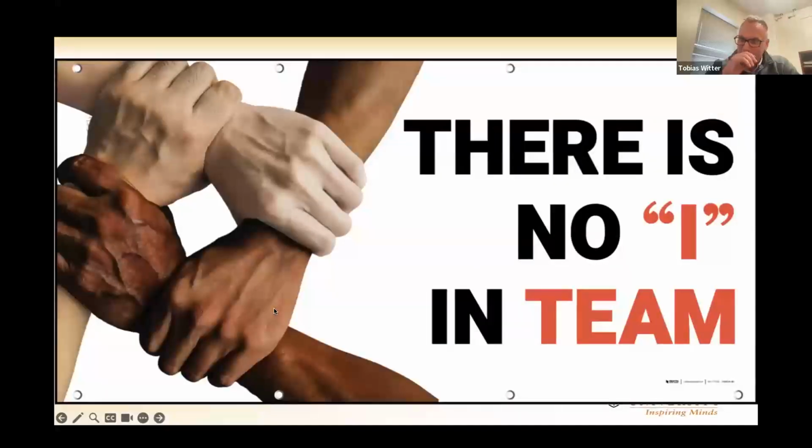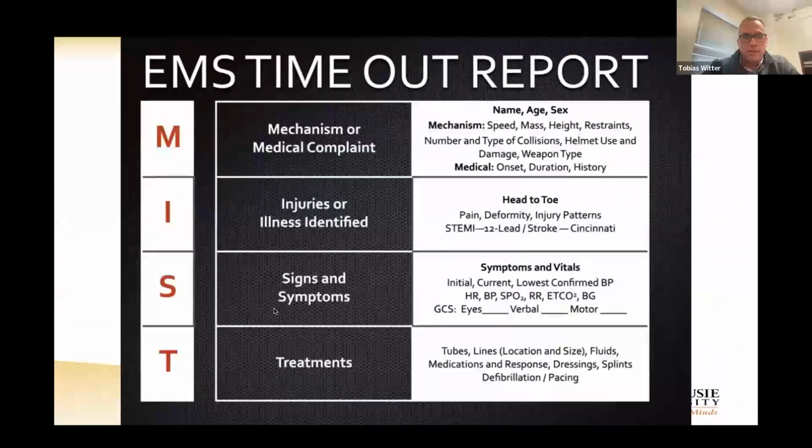Anyway, the important thing is that there's no I in team. So it's a trauma team. It's not a trauma individual looking after these patients. And whenever there's a team involved, we need to make sure that we have a good way of communicating very important information. That is important for the people who provide this information, so they can stick to a certain routine, but also for the people receiving information, that they know what to expect from the person handing over.